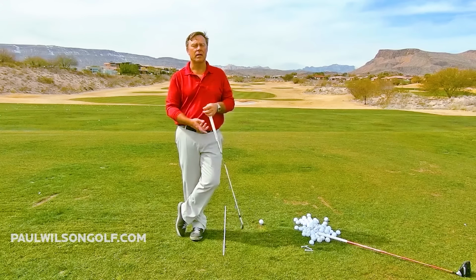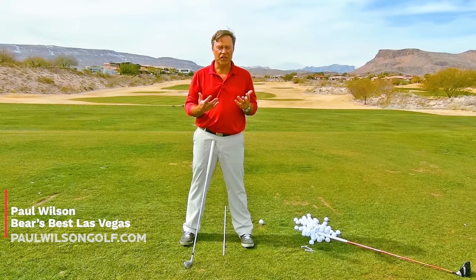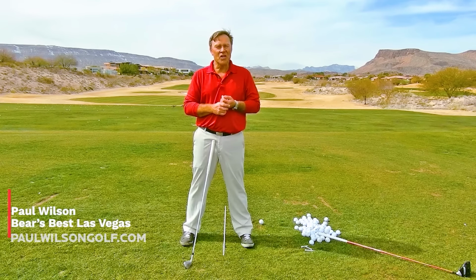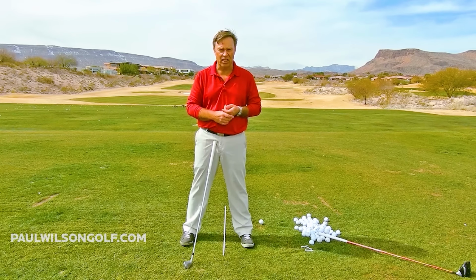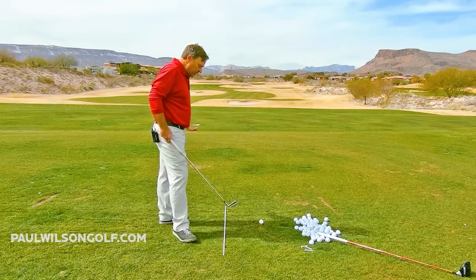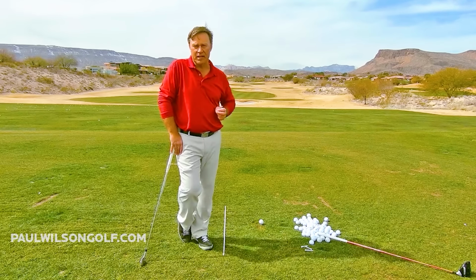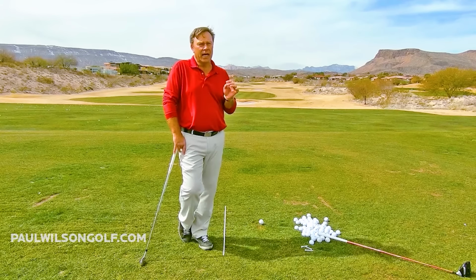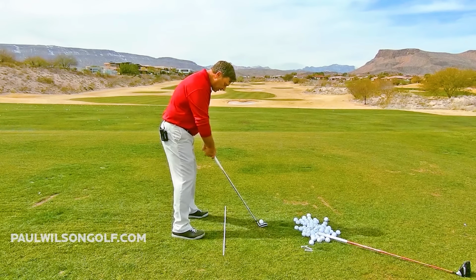In this tip, it's called grip, setup, switch. Okay, so just the other day I had a gentleman out here and his golf swing looked like this. He's actually been a follower of mine for many years. Swing was actually looking pretty good, a few little areas that needed some work. So his problem, his grip was